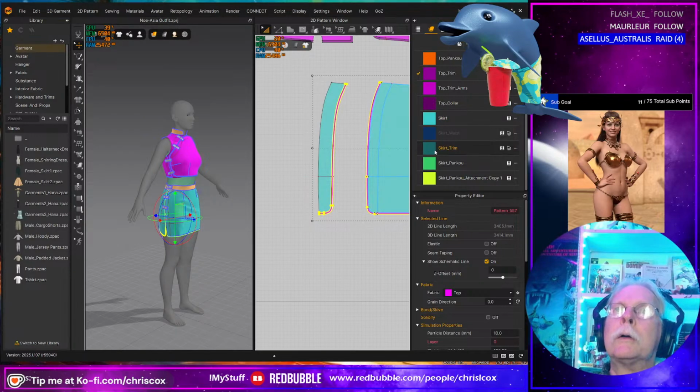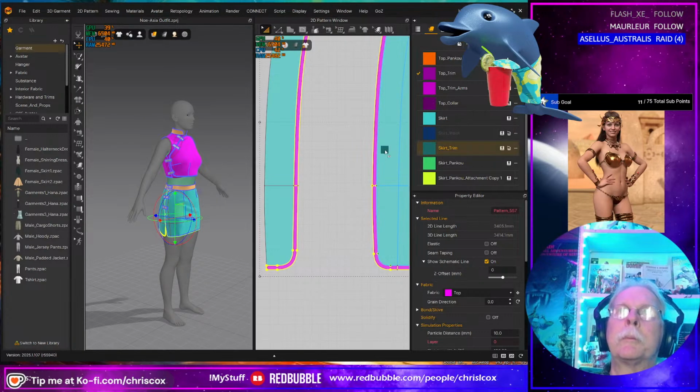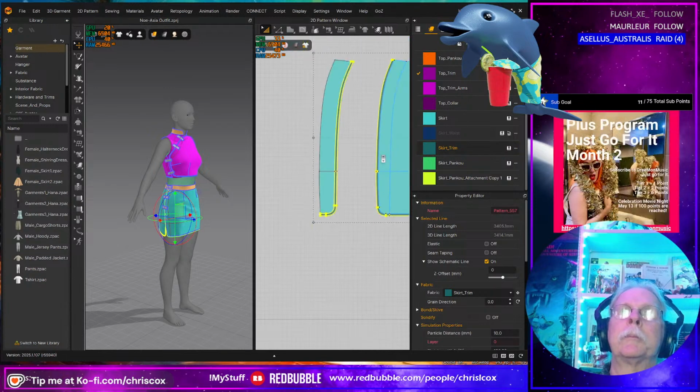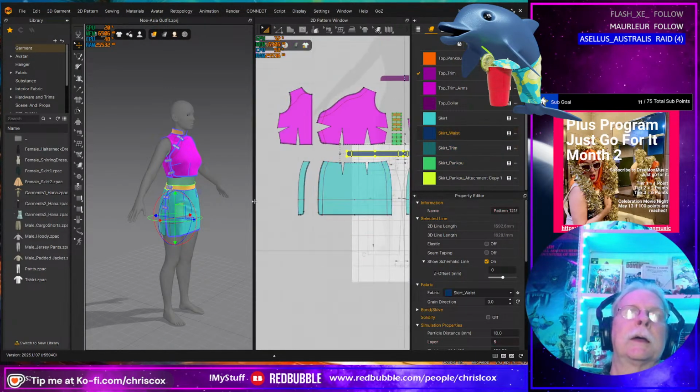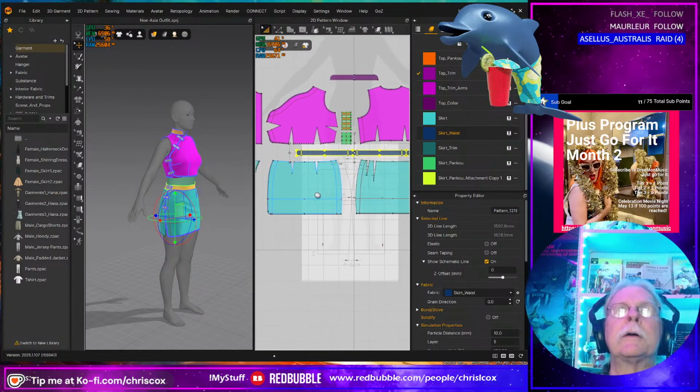You are the skirt trim. Yeah, yeah. And I think that just leaves the waist.